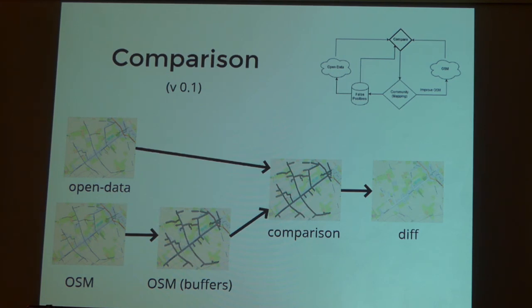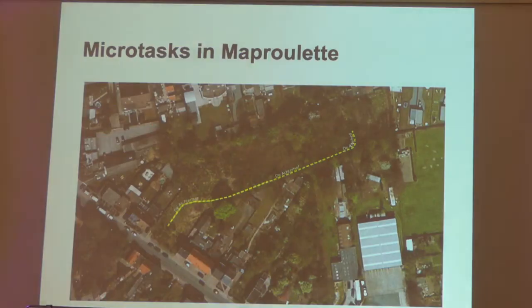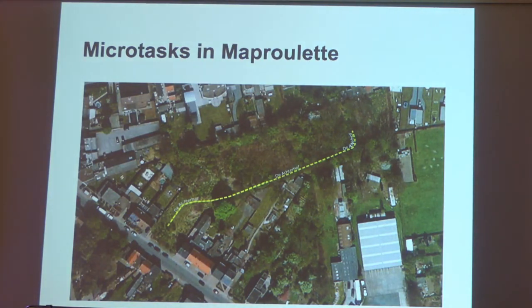The comparison itself is really simple for now, so we want to take it step by step. Right now we do some buffering on the OpenStreetMap data and we find government ways that are outside of the buffer. So if there is a road segment from the government that is mostly outside, 5 meters away from an OpenStreetMap road, we consider it missing, and then we create a micro task of that. These micro tasks are then fed to an existing tool where you get this one little line, and this is a typical example. So Flanders has a tendency to fill up empty space right now.